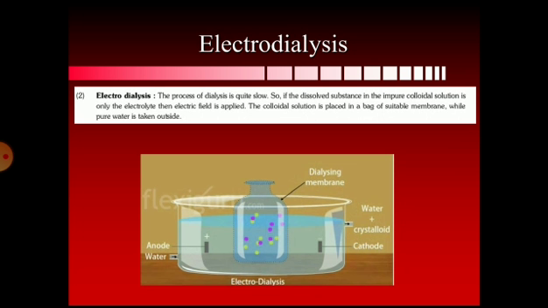Suppose in an impure colloidal solution the impurities are electrolytes. Then we can remove those electrolytes by suspending electrodes. We know that we have the positive electrode, that is the anode, and the negative electrode, that is the cathode. If our impurity is an electrolyte, we can remove it by suspending the electrodes, cathode and anode,